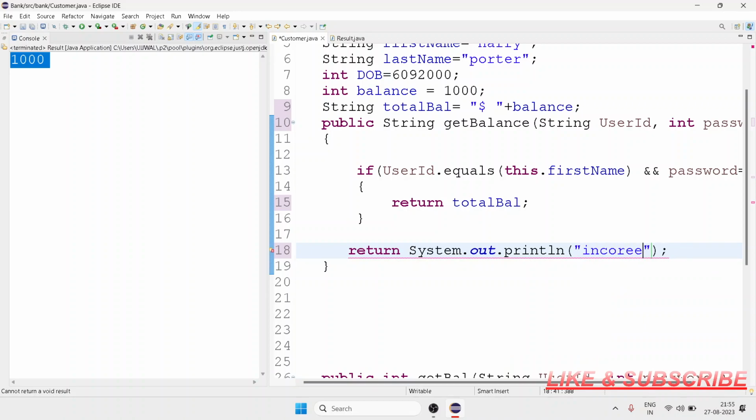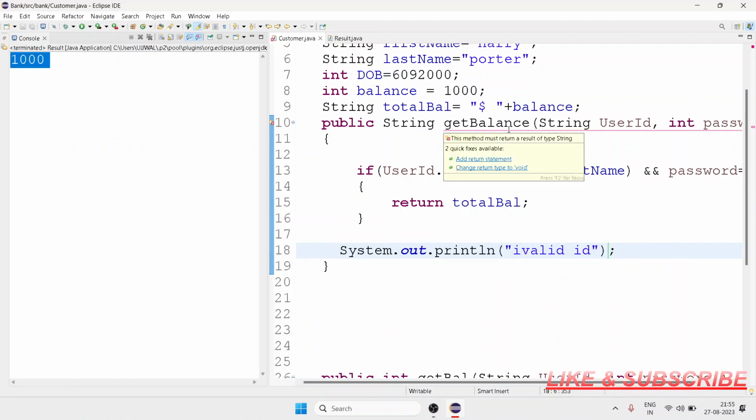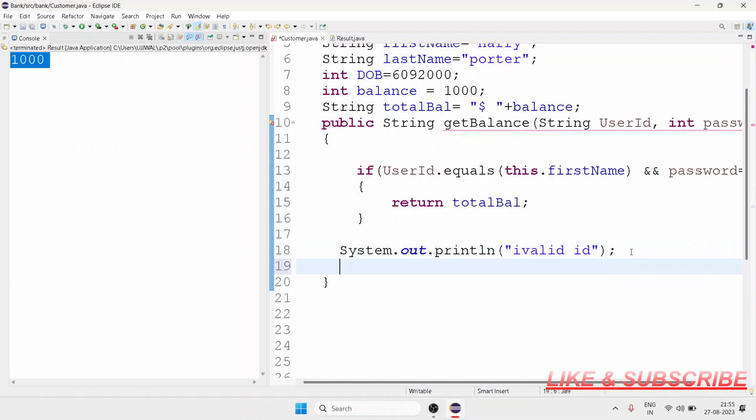Incorrect. Wait, not incorrect, invalid ID. This seems more professional. Okay, here because return is not needed here. Okay, so let's start. I had a return type, so we will return this